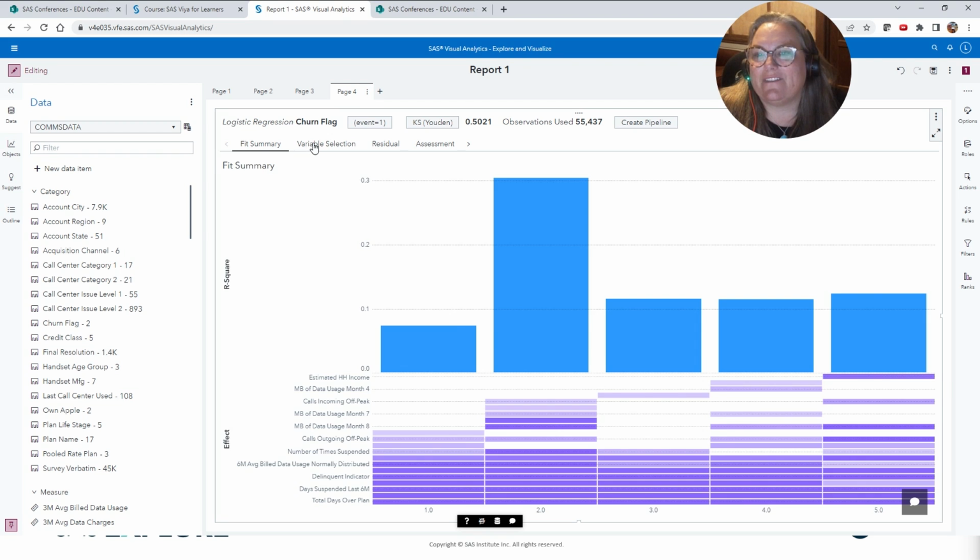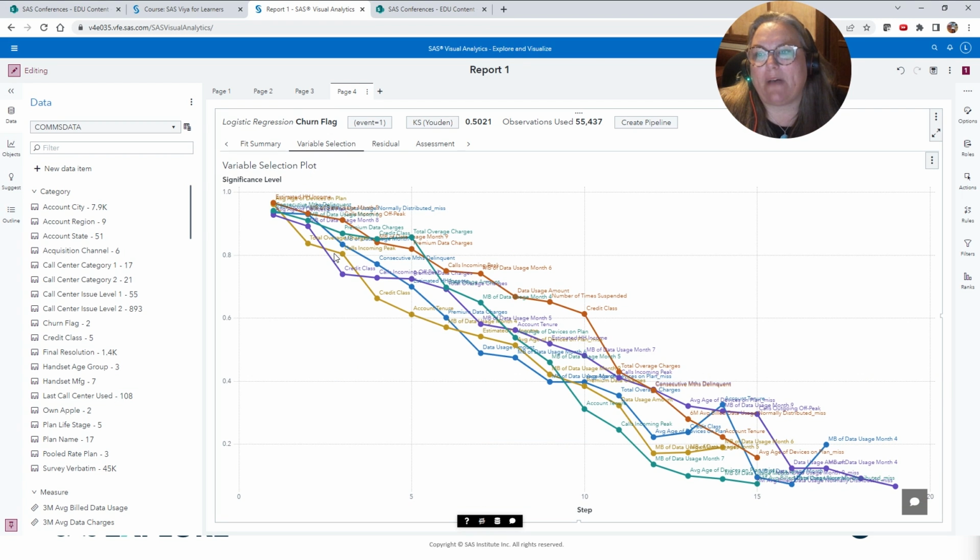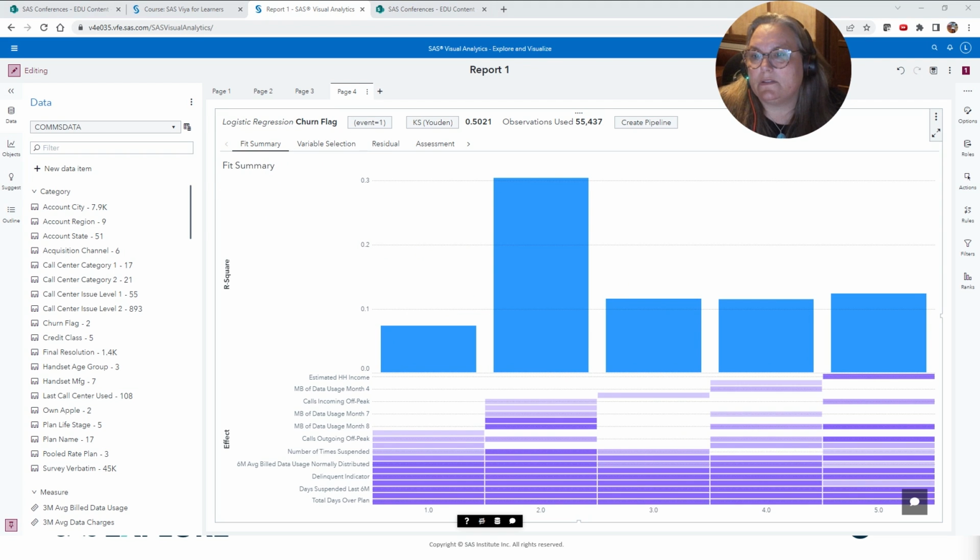Let's go look at our variable selection. This is now by cluster. It's very messy. So looking at these R squared, nothing is real. I mean, the 0.3 is still not significant. But as far as how the different data items may pertain to each different cluster is very interesting.